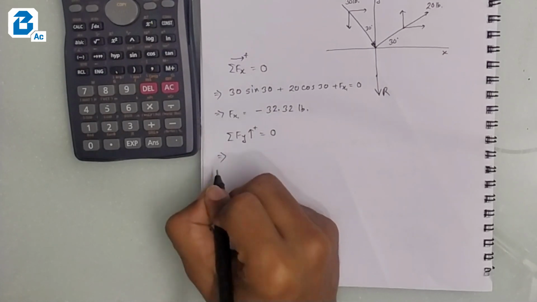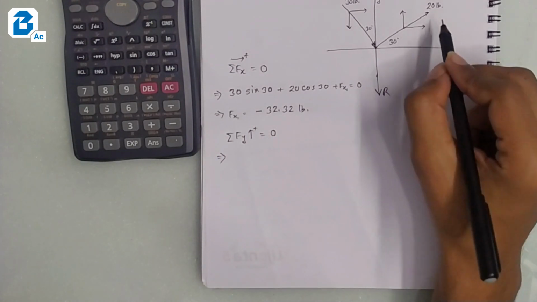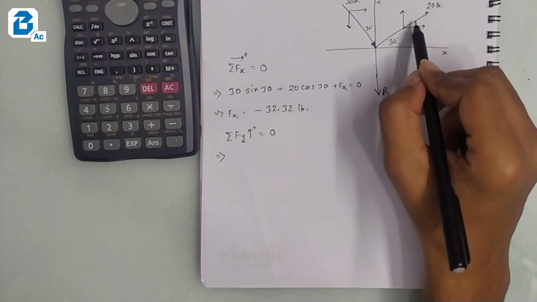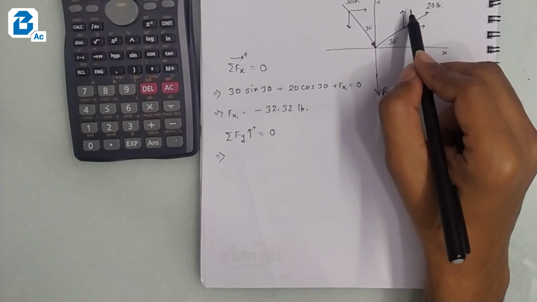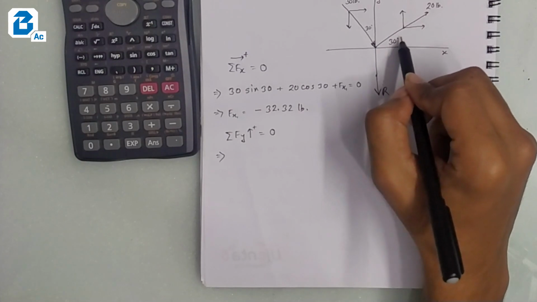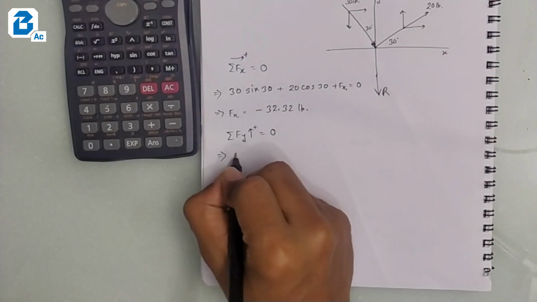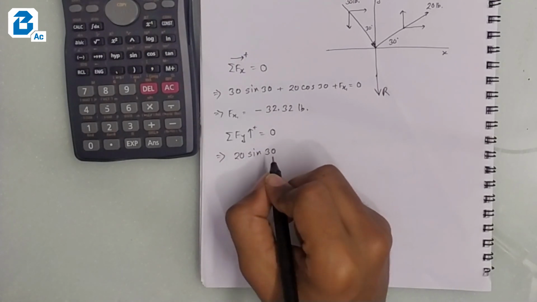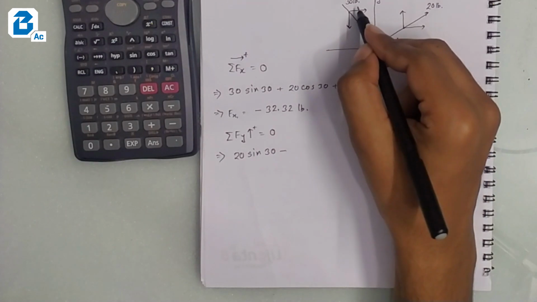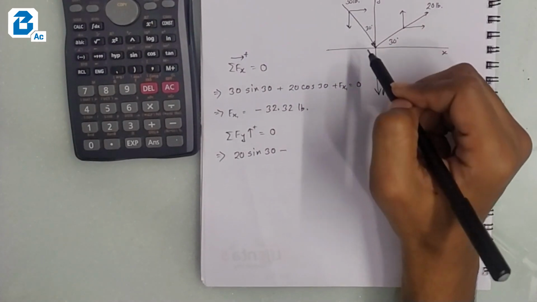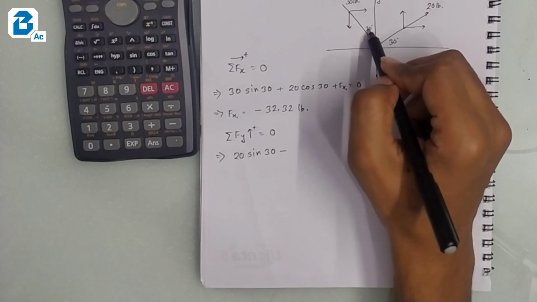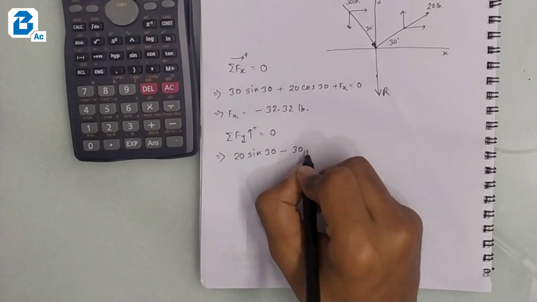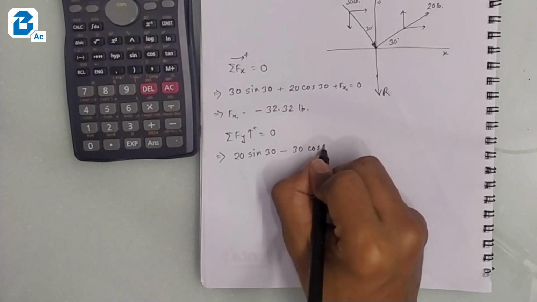Here for the 20 pound we don't know the angle it's making with the vertical axis, but we know the horizontal axis is at a 30-degree angle, so we can write 20 sine 30, and then we will use minus for the 30 pound because it's pulling it downward, and we know the angle is with the vertical axis, so we will write 30 cos 30 degree